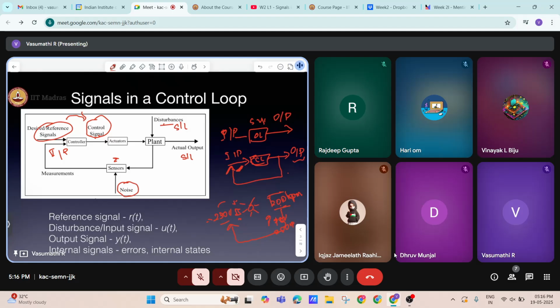So this is the disturbances signal. Disturbances can be inside from the plant or outside, that is, external or internal disturbances. The next one is noise. How are we going to see this noise? Noise, in the sense,